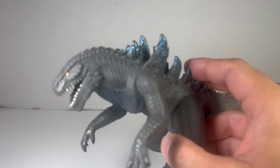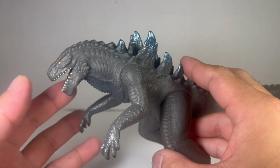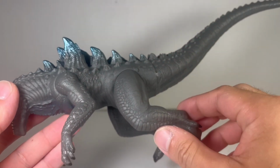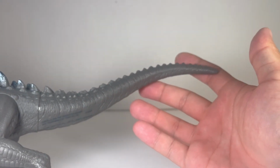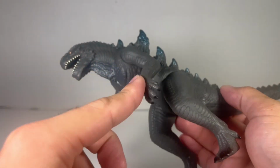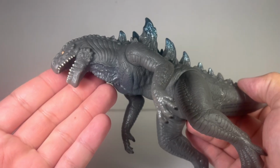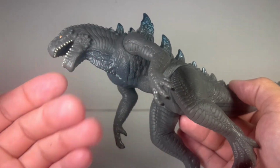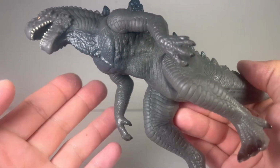Detail on this guy, like I said, is far superior from the muted detail that we got on the Zilla figure from Final Wars, which again, like I said, understandable because of the CGI modeling in that movie. But just looking at this guy, whole 10 steps up. Look at this neck detail over here, which is really nice. For me, this is really the standout thing for the American Godzilla besides the spines. The neck detail is really nice, and then you have all this nice scaling detail going around for his body,